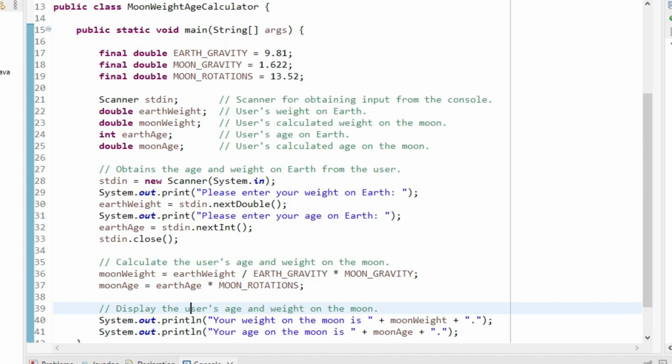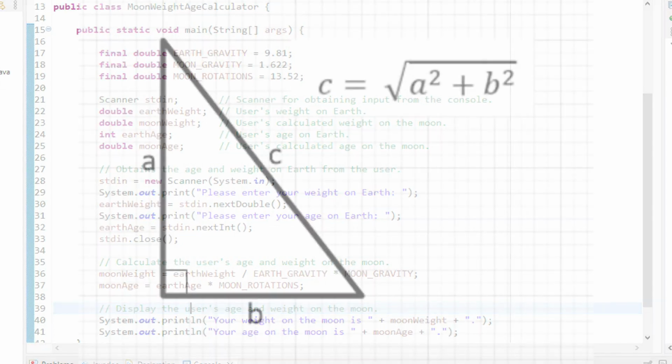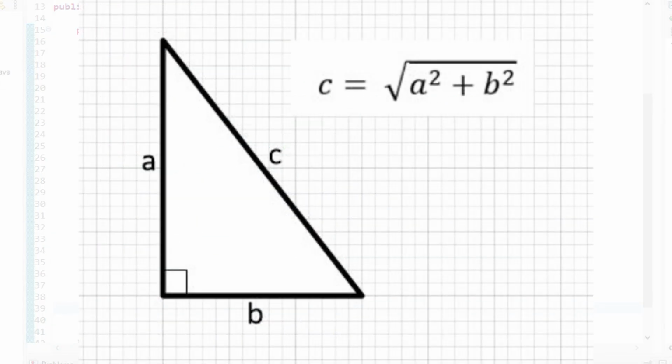Let's look at a different sort of method invocation we can include in an expression. Think about the formula to calculate the hypotenuse of a right triangle. If the sides are a and b, the formula is the square root of a squared plus b squared. We know how to multiply, but how do you raise a number to a power, and how do you take